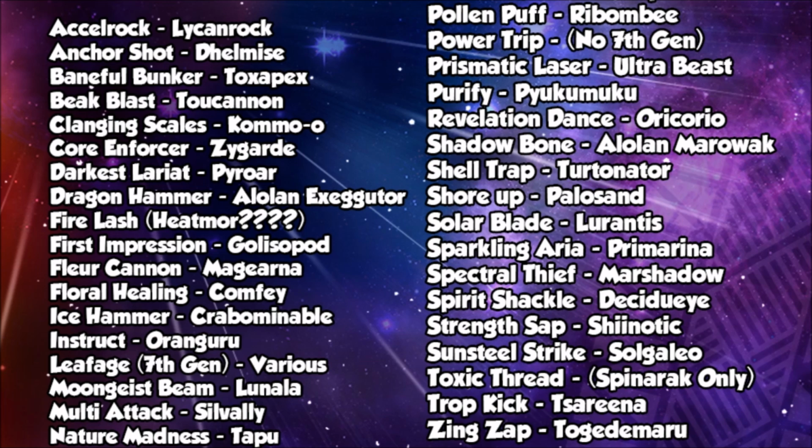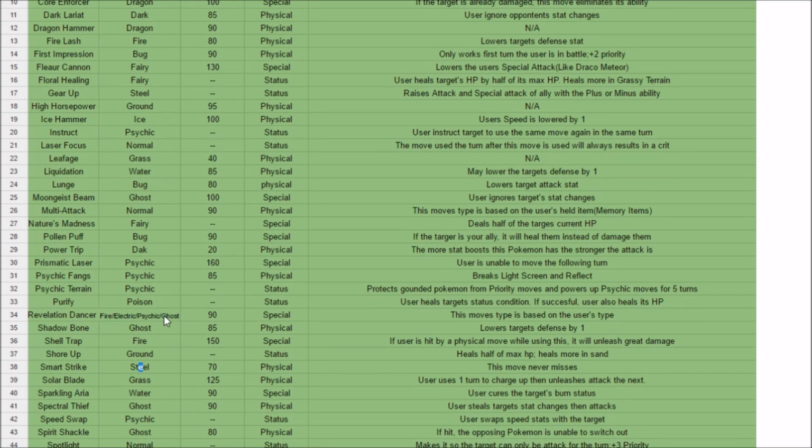I'm still trying to figure out how Purify works. It says user heals target status condition. If successful, user also heals its hit points. Does that mean user heals its own hit points, or the user heals the target? We'll have to see how that applies in the game. Probably someone already knows since the game has been streamed and leaked to oblivion, but just going off of